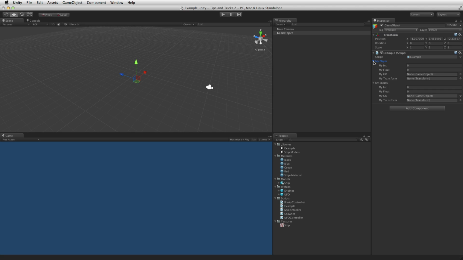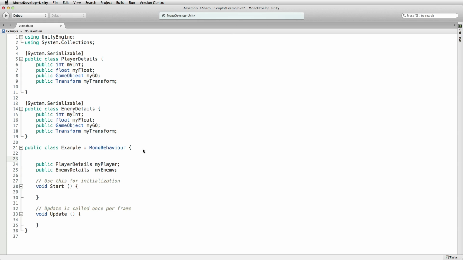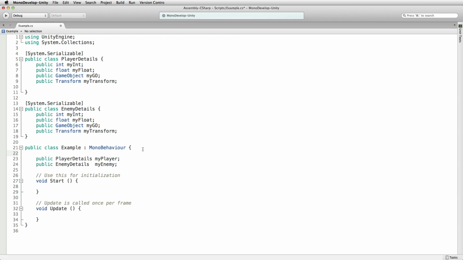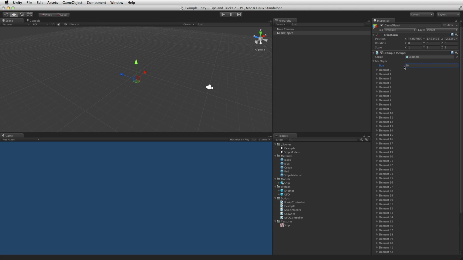So the other thing that you can do with these, especially when you're looking at making the inspector a little bit more user-friendly, is if we made a list. Well, you can make an array. So let's first look at our typical array. So let's make player details an array of each one of these. And when I come to Unity, we now have two lists of